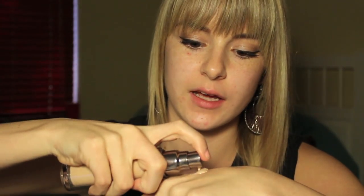So I normally just take about one pump of that, and then I take one pump of my Urban Decay foundation. Sorry, I didn't push down all the way. And then I just mix them together with my finger. And I really like this combination because I feel like the Urban Decay is very sheer, medium to full coverage,